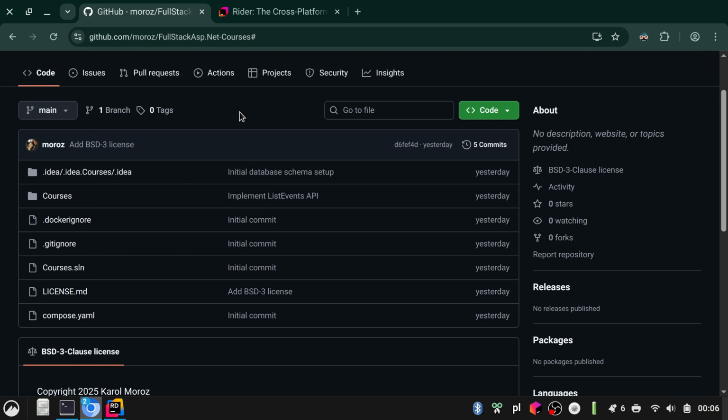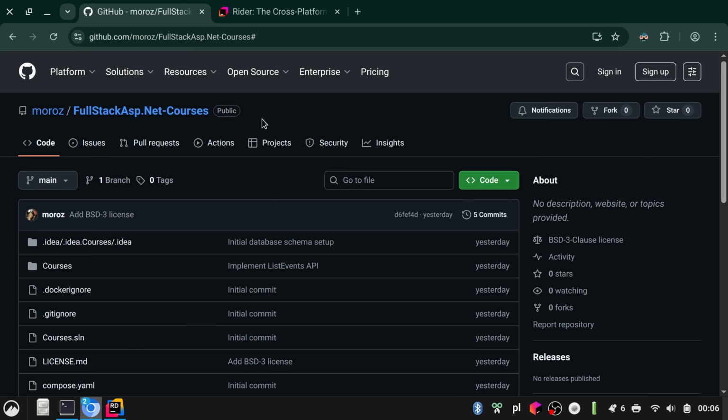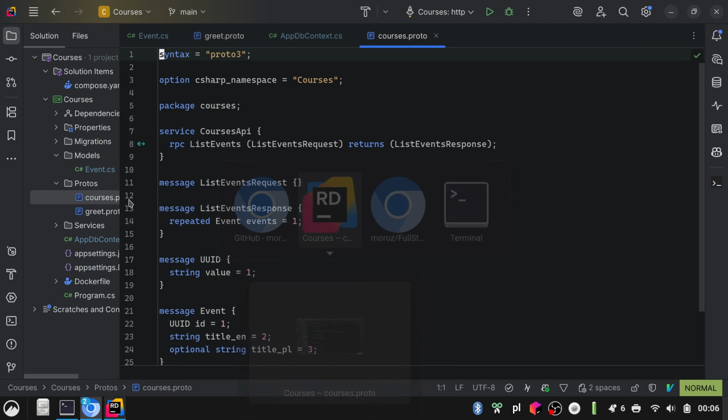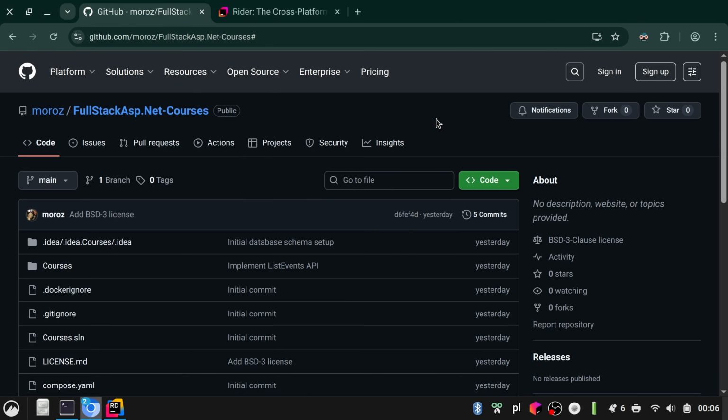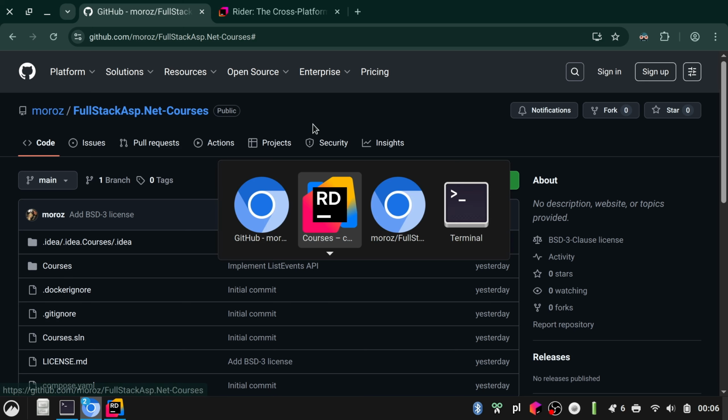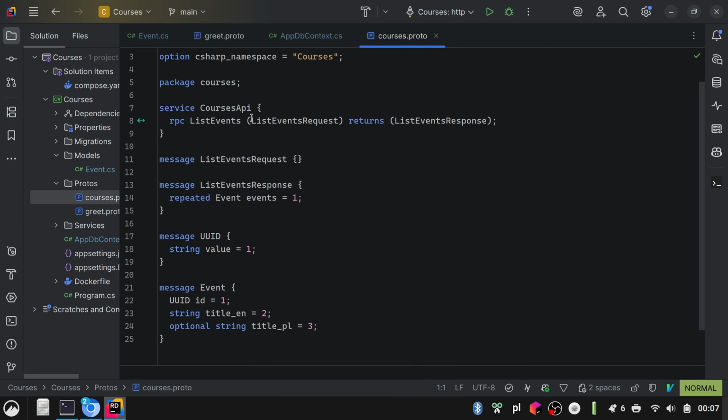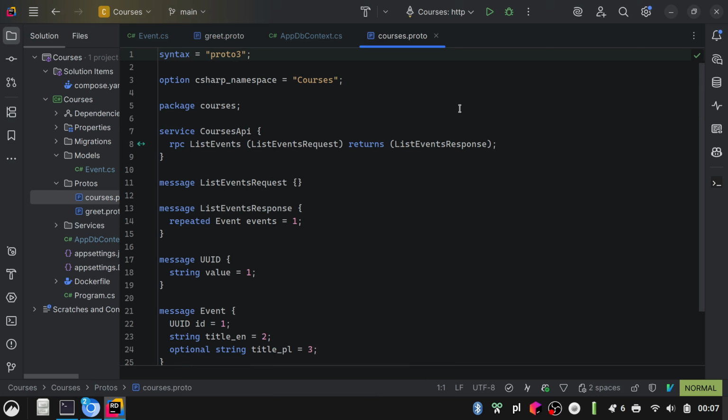And we have also created a model and some database migrations. You can find the source code for that project on my GitHub at moros/fullstackasp.net-courses. And in this project, you may see the protocol buffers, the gRPC APIs we defined